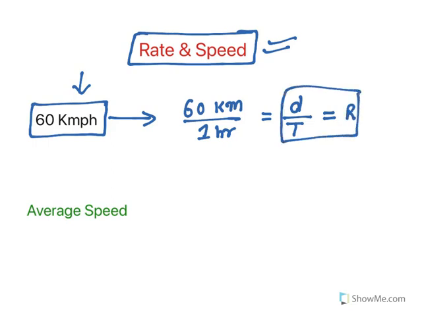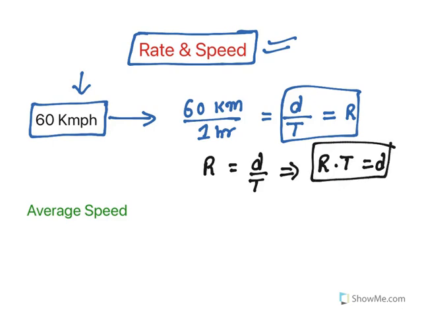See, the fundamental equation which determines the rate and speed is R equal to d by t. In another sense, you can write it as R multiplies t equal to d. You just keep this thing in your mind. It's a common sense one. We all use these words. I drove my vehicle with 60 kilometers per hour, 80 kilometers per hour. The moment you say that, you're talking about rate. And how you can say that rate? It is the distance traveled in a specific time. That is what kilometer per hour is. So this is the important one which we need to keep all the time in the mind.